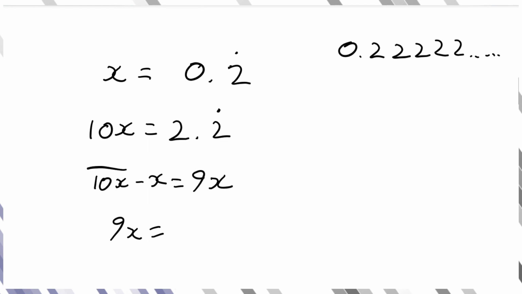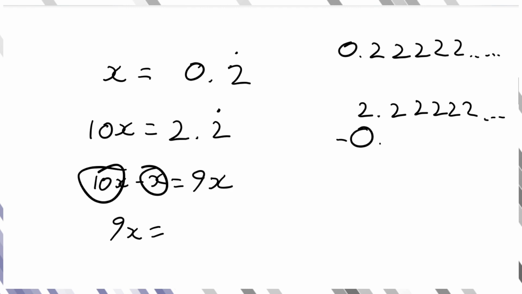So we're going to do 2.2 recurring take away 0.2 recurring, and that will give us 9x. So 2.2 recurring, let's visualize this as 2.22222 dot dot dot, take away just x, which was 0.2 recurring,